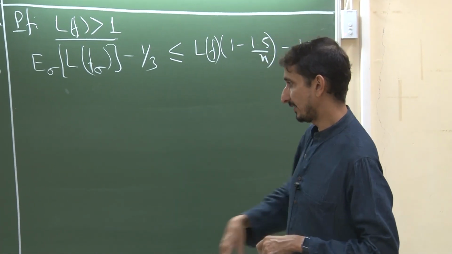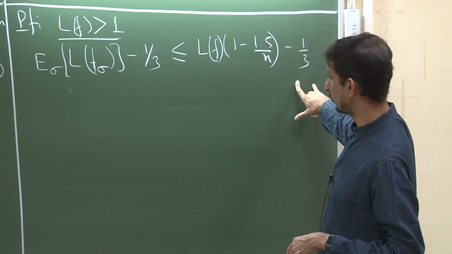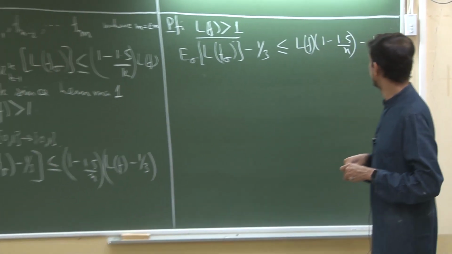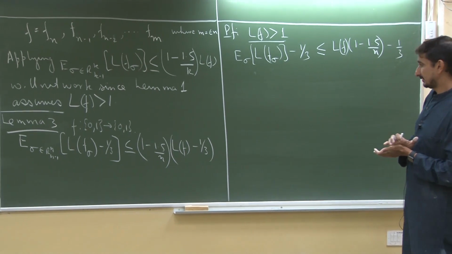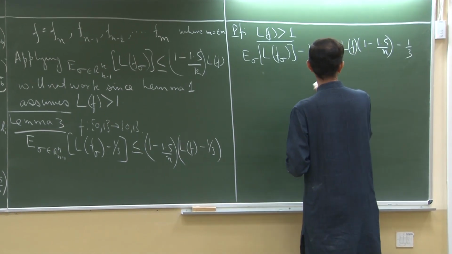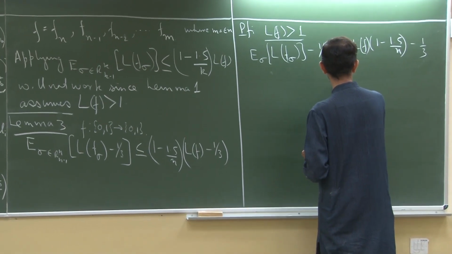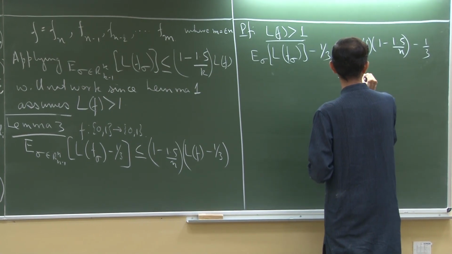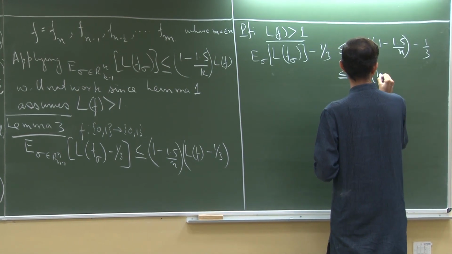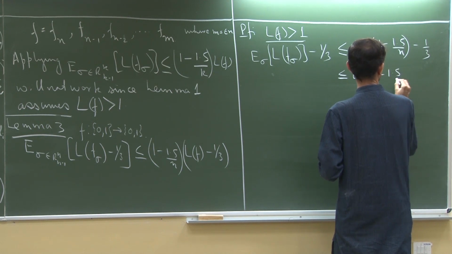Now, what do I want? I just want to bring this 1/3 over here. So, that is quite easy. So, this I can write as less than or equal to L of f times 1 minus 1.5